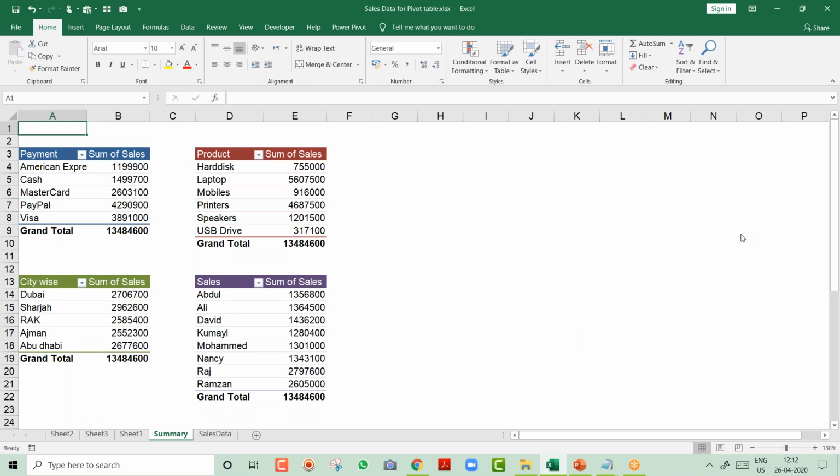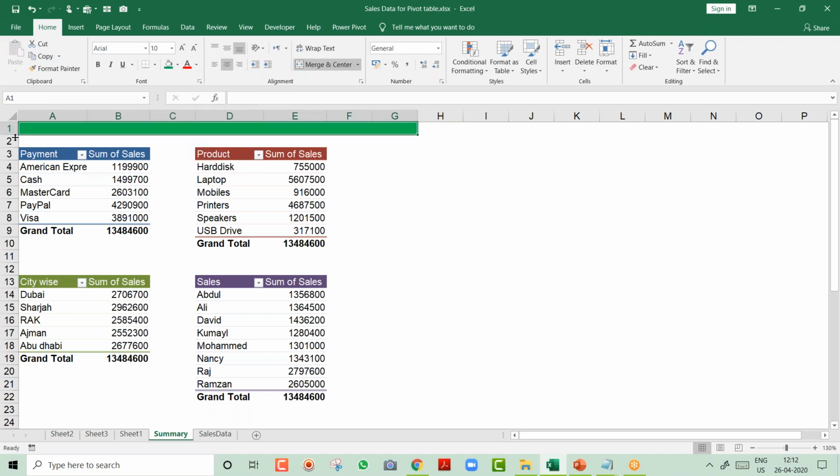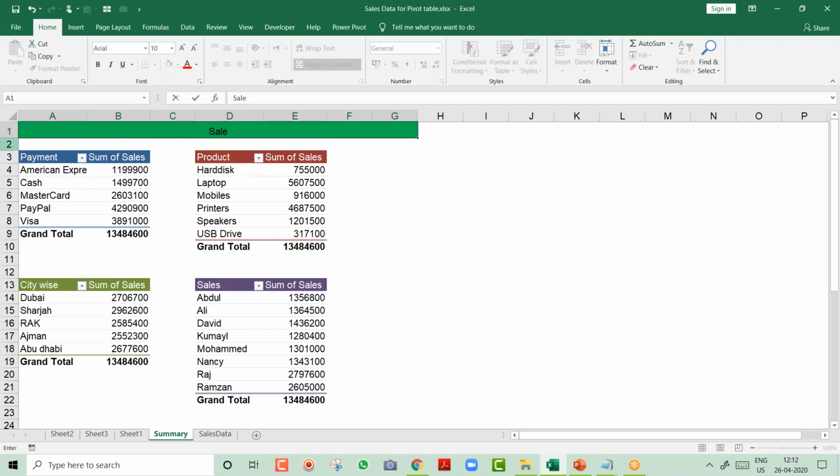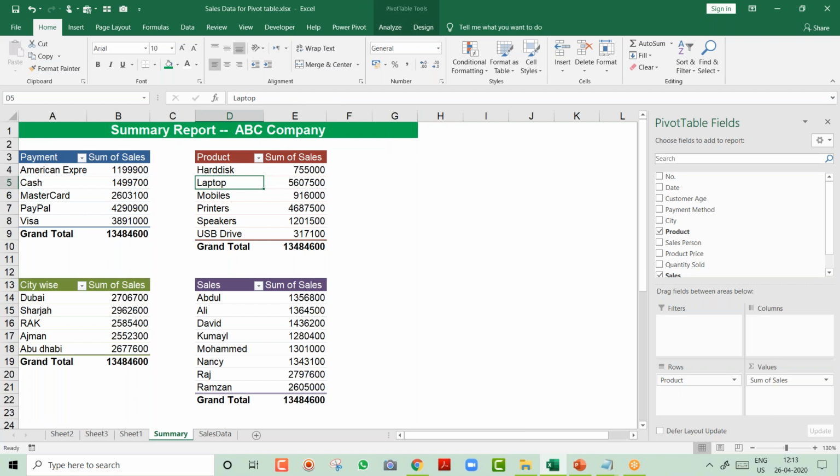Okay, so now we don't have much time. I have now brought all the reports onto one screen. We will prepare a chart, slicer and timeline in the next 10 minutes. I selected the heading, my friends, and I want to merge because I want to fill the color and put the heading. So I put the color over here, and let's say, for example, Summary Report. You can give any company name, for example, ABC Company. I will make it white color, make it bold, and increase the font size. So now you will see something coming up.